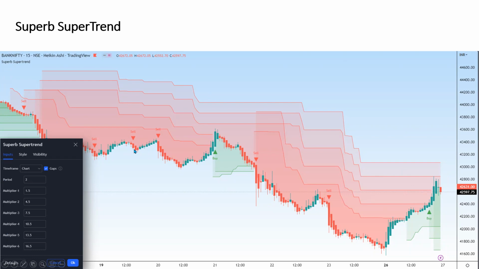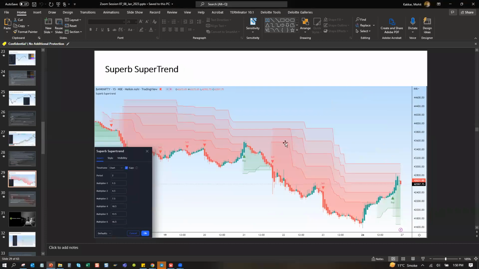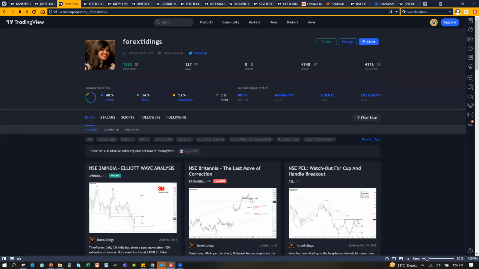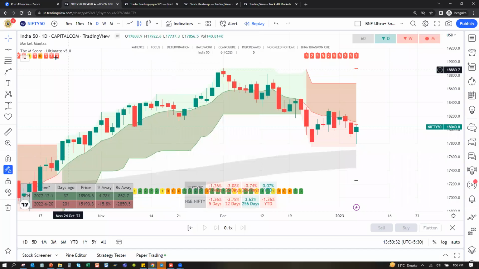I then thought maybe I should at least add some signals, the buy and sell, like Ram sir just asked a question on M score. I can add that there as well, sir. But in this, I wanted to check the performance back then. So I've added these signals. So these are 6 Super Trends combined. Very straightforward indicator. And it can be changed by different time frames as well. Let me show in system directly.